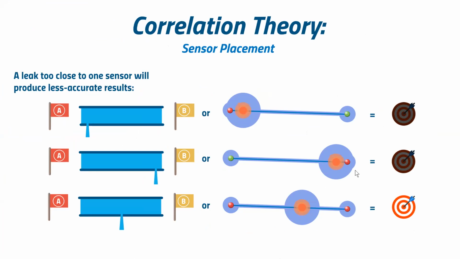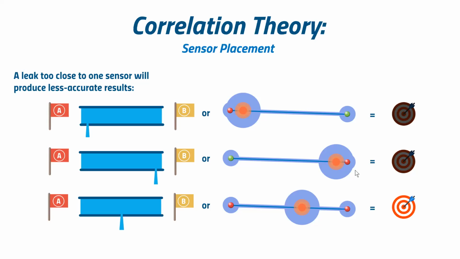So to continue with our correlation theory, the objective, the goal of the sensors is to pick up the sound, is to hear the leak sound. So sensor placement becomes key and necessary for you to capture that sound. What we want to try to do is position the leak in the middle third of the distance between the two sensors. When you have the leak too close to one sensor or the other sensor, the accuracy can tend to diminish